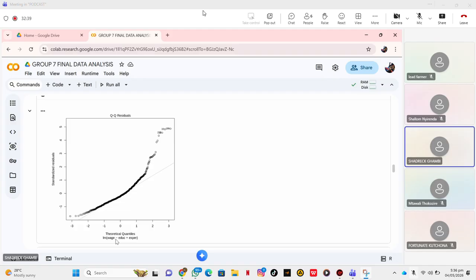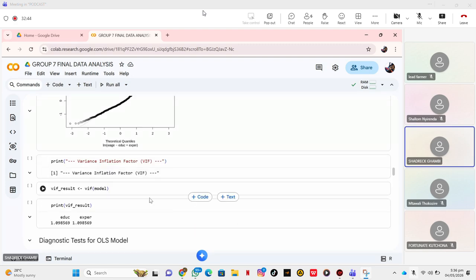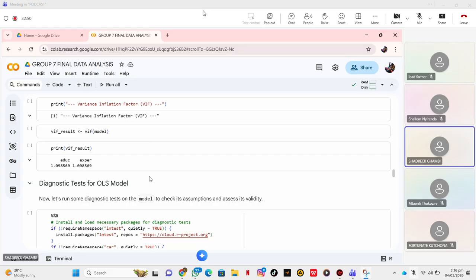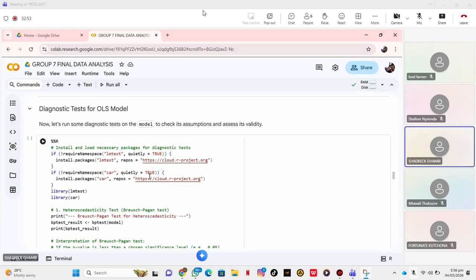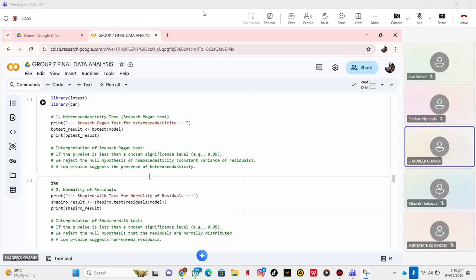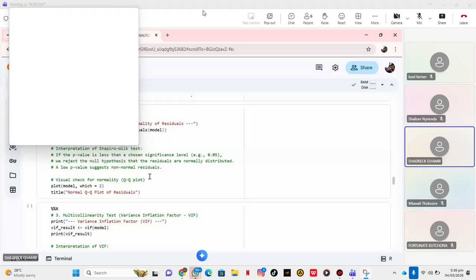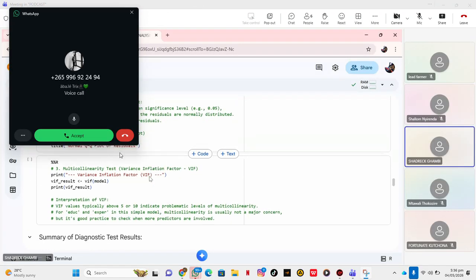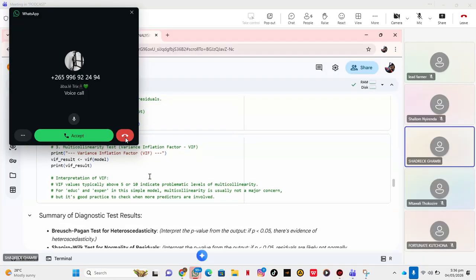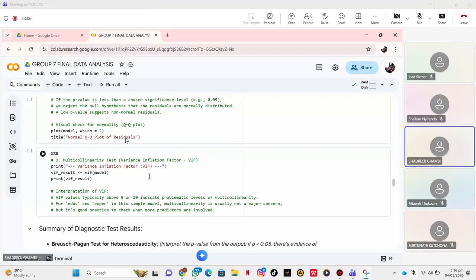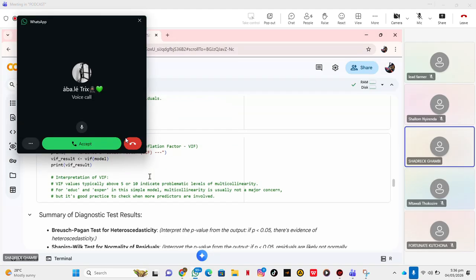So from there, we look at multicollinearity, for which we write the code to print the variance inflation factor. Then from there, we have the summary of diagnostic testing. We compare this at a significance level, which is 0.05. So if the calculated p-value is less than 0.05, then we